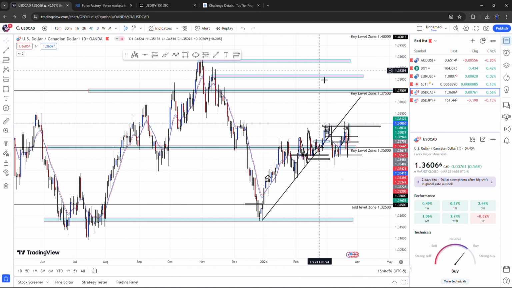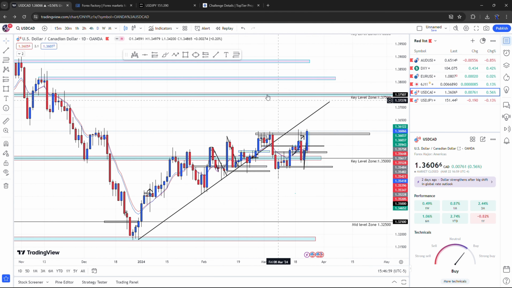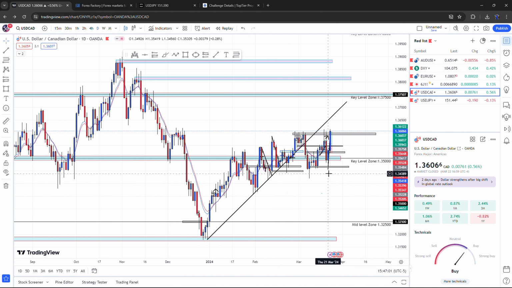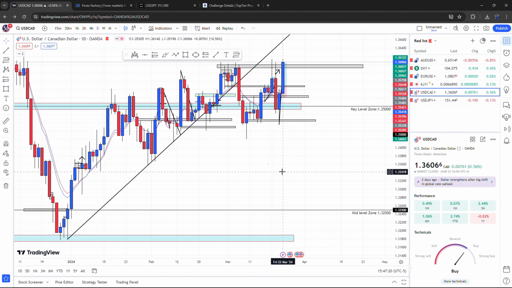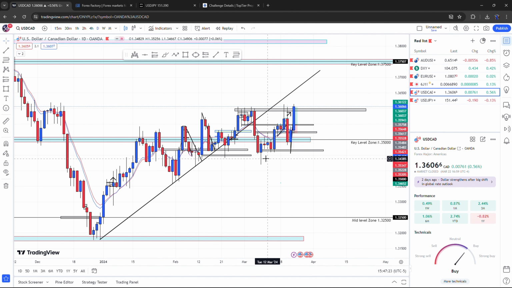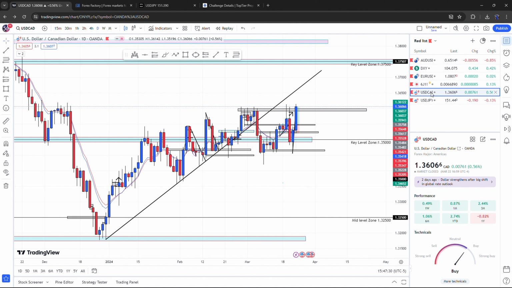So these two levels, these three, I'm anticipating price getting to this week, and I'll be taking buys primarily. Unless I see something like this, or price gives me a reason to believe it's going bearish, I'll maybe take a counter trend. But as soon as I see any bullish momentum, I'll quickly get out and take whatever profit I was given by the market. All markets are closed right now, so I'm not really too worried about any movement right now.